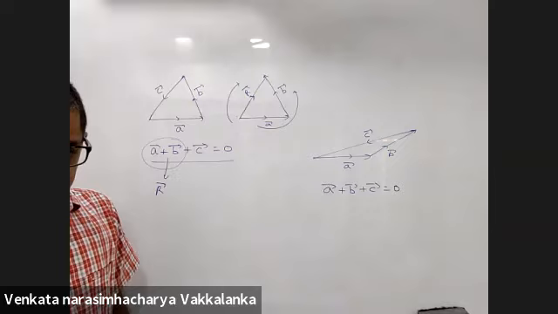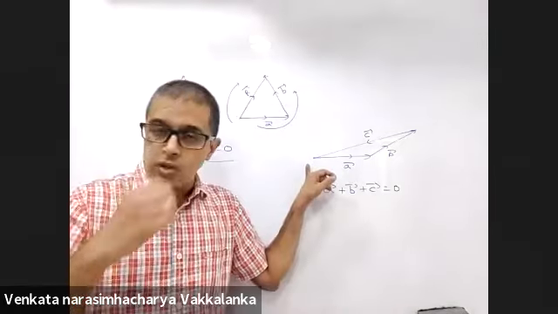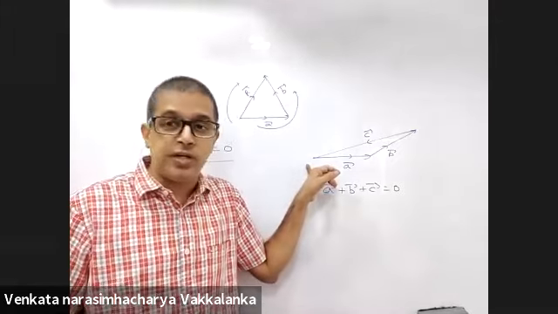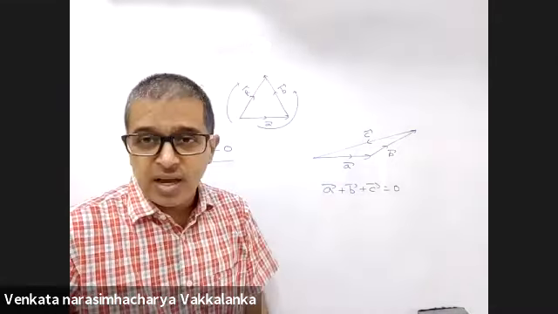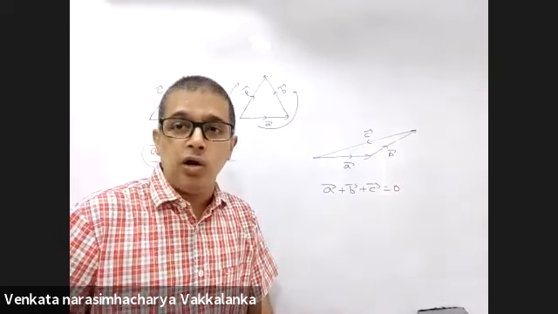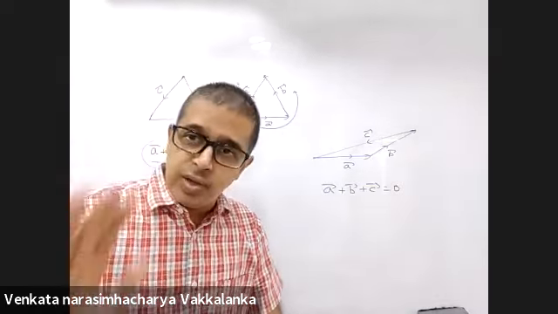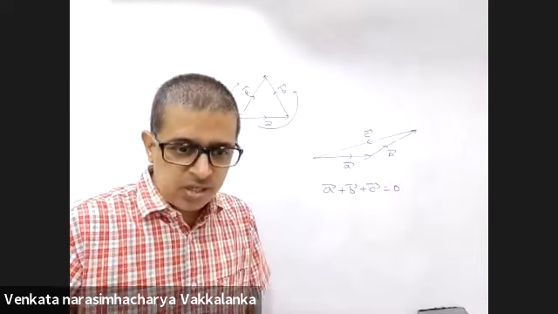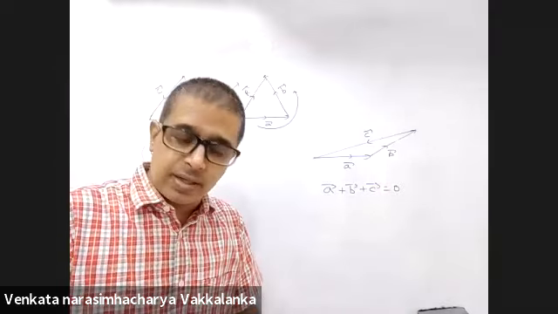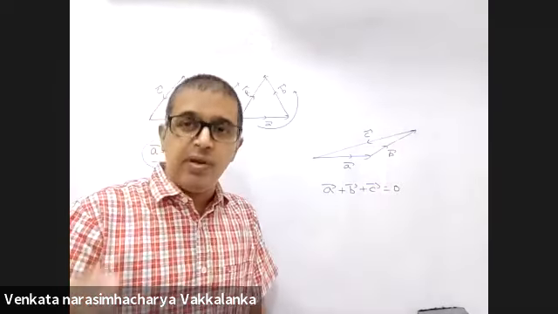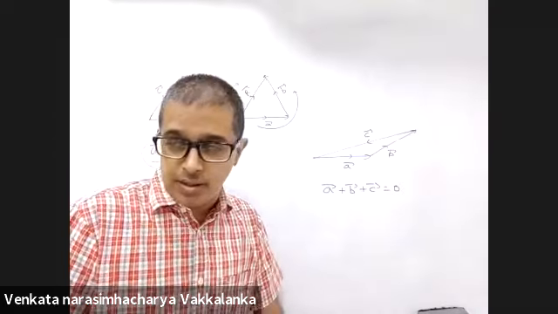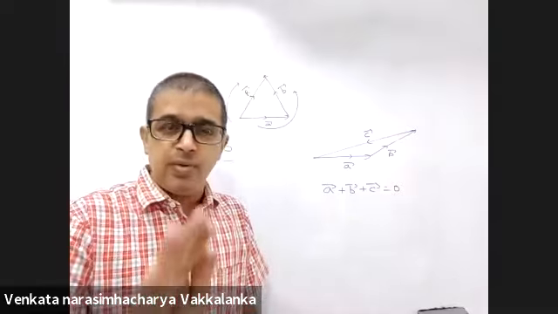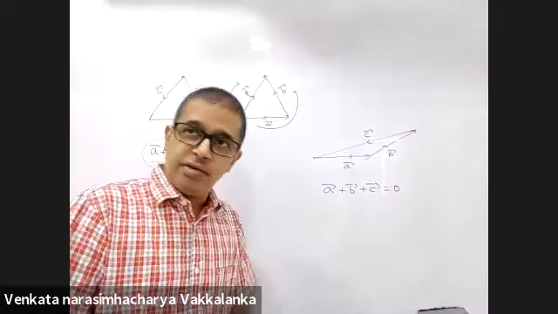I know I have 10 more minutes left, but I don't want to rush through the next subtopic, the parallelogram law of addition. Today we have learned only up to the triangle law of addition. The first 2-3 lectures will go a bit slow so that it will help people who are catching up. I see some people have already done some part of vectors, well and good, but we will go a bit slow till we reach dot product and cross product. From there, we'll pick up some speed.